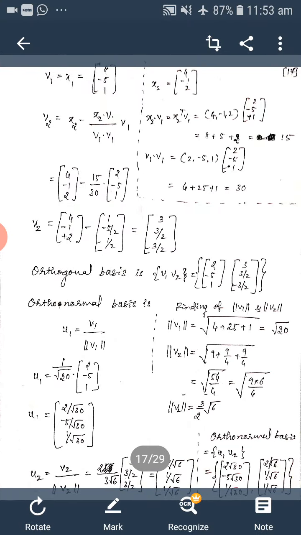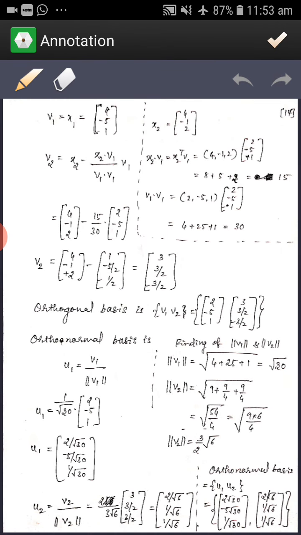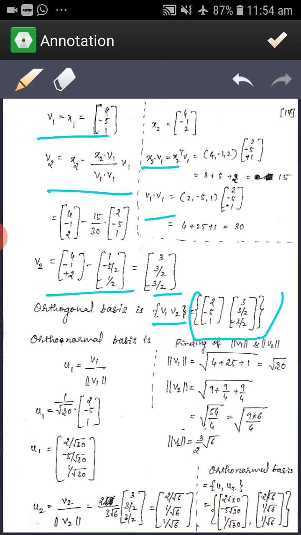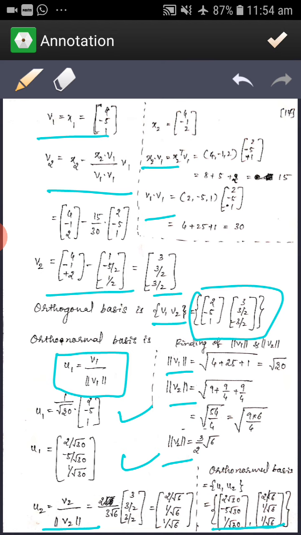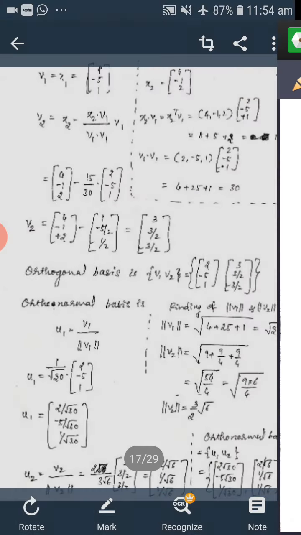So we can show this here. Calculate v1, the first one will remain the same, and v2 is equal to x2 minus the projection onto v1. Apply the same and calculate v2, and this will give the orthogonal vectors. For orthonormal, we need to calculate the length of the vector, for both vectors v1 v2, then multiply with the vectors. After the multiplication we get these two vectors. So this is how to find orthonormal and orthogonal vectors.